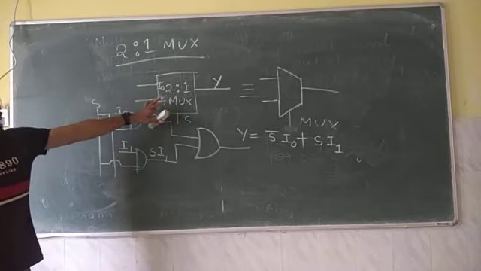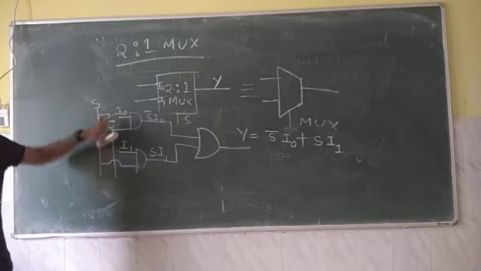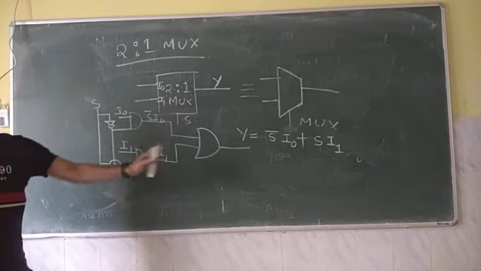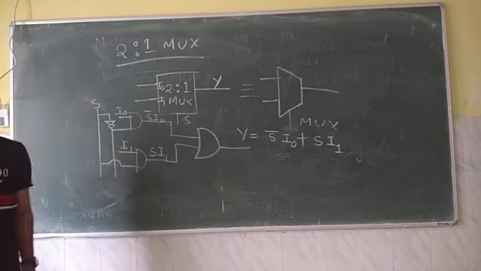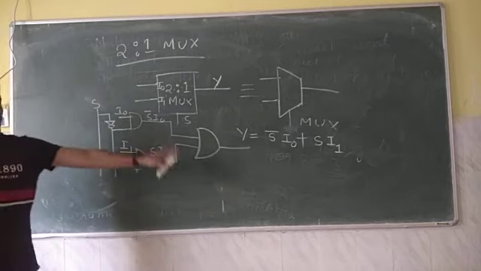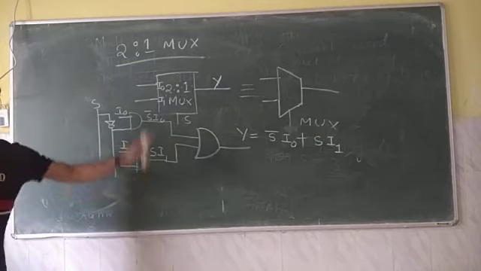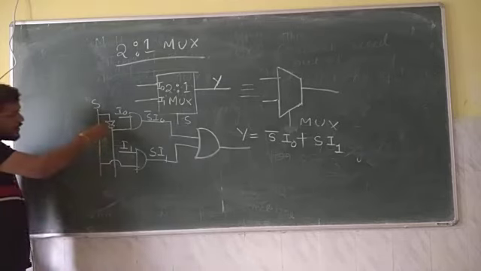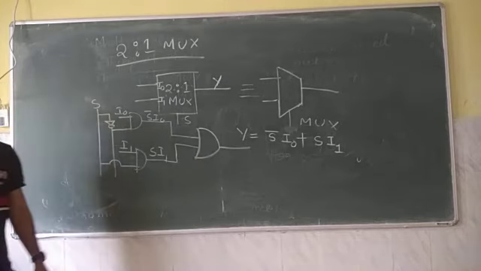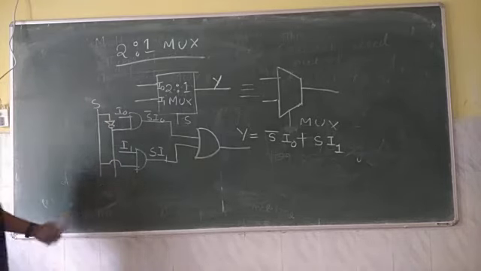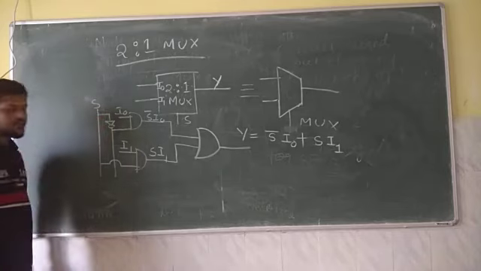This is your 2:1 box. This is a box, and inside that box this is your circuit. Hence this multiplexer is also known as an AND OR circuit. This is your NOT gate because we need the S bar complement. S complement is needed, that's why I am writing this as S bar.